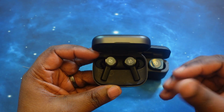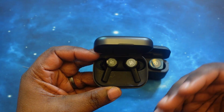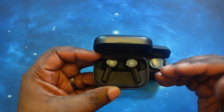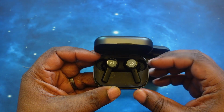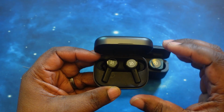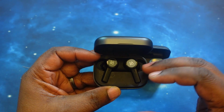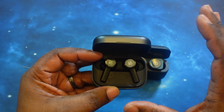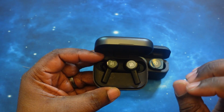Let's go ahead and go one by one, song by song. We'll start with the old money. The vocals were nice and clean and clear. Piano nice and crisp. Everything worked with it. The background instruments were nice and clean. The background vocalist also clear. Nothing